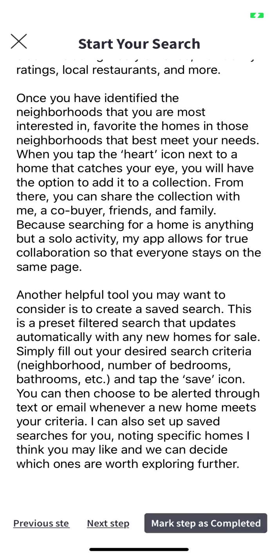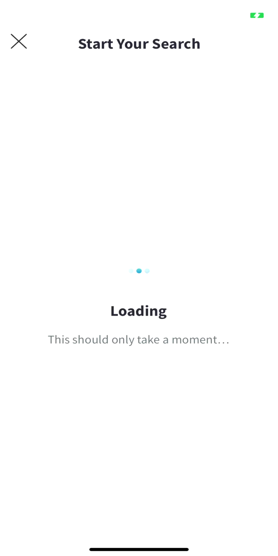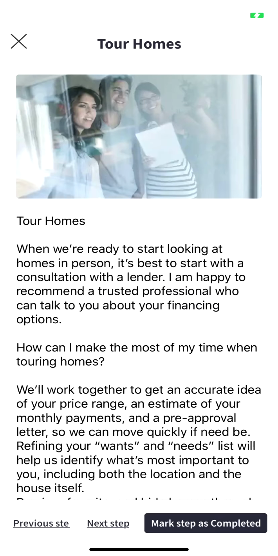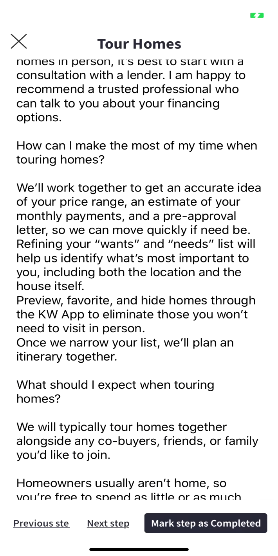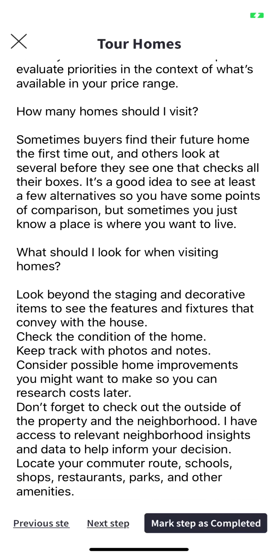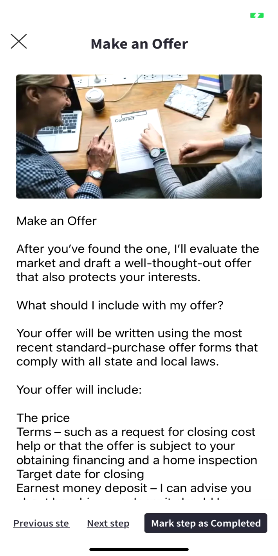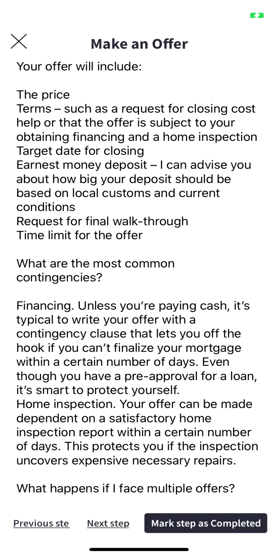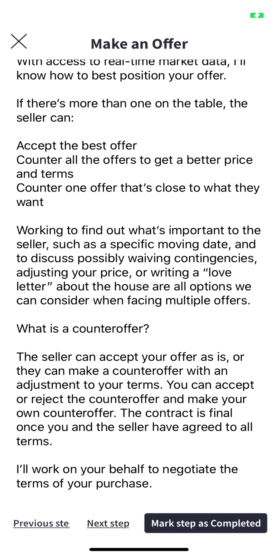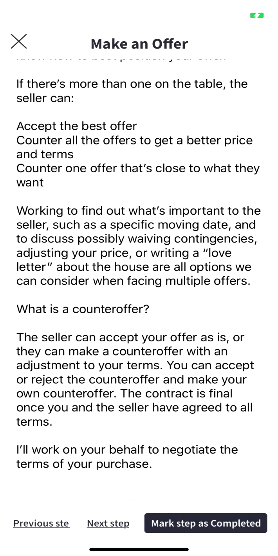I can now hit mark step as completed, and I can go on to the next step. So on and so forth. The great thing about this is that you are going to know in Command exactly the steps that they have completed. And when they get a little bit further in here, you're going to actually start telling them, okay, we've done this step, and now we're on to